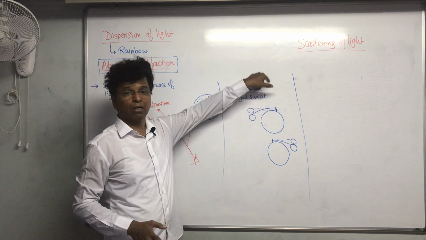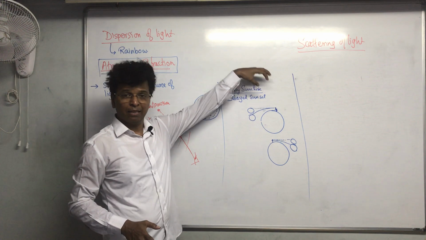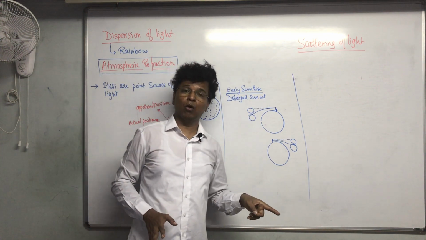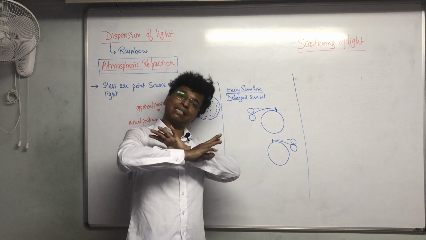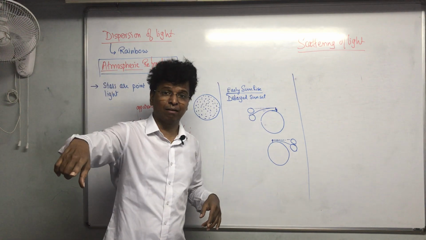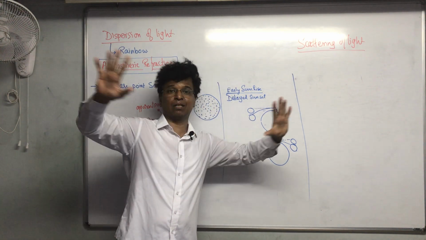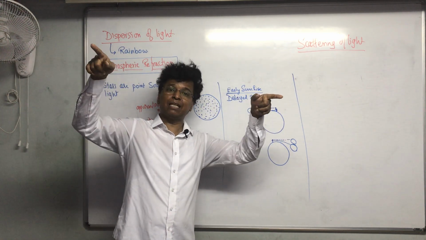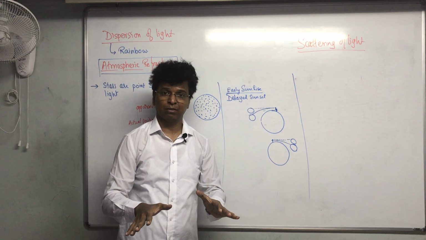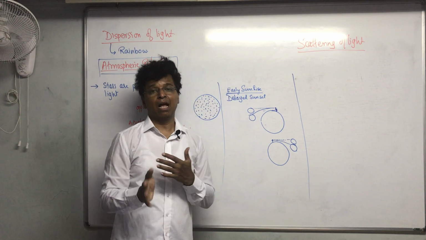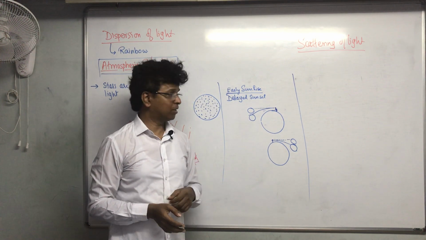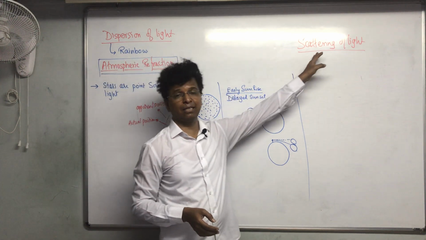Same when you go to the overhead sun, it has to travel a lesser distance. Over there also it is scattering, the blue light is scattered off. That's why the sky appears blue in color. Blue light is scattered off, and you are able to see that blue color because that time the distance traveled is shorter. So you will be able to see the sky as blue in color. Are you getting, my dear students? So this is basically because of the scattering effect of light.